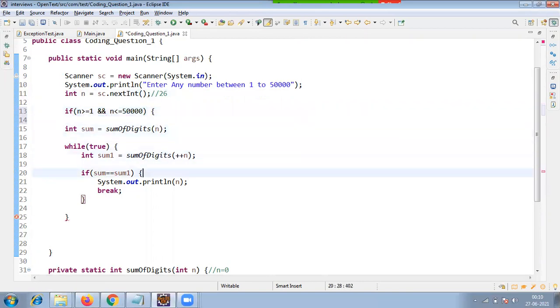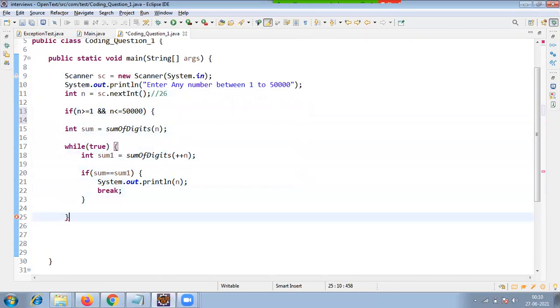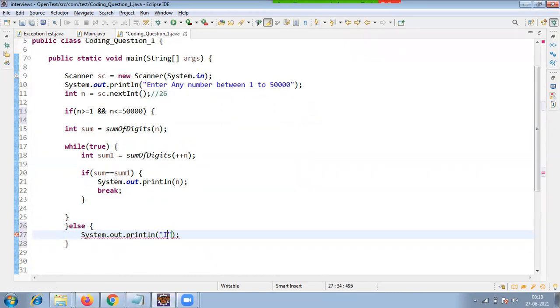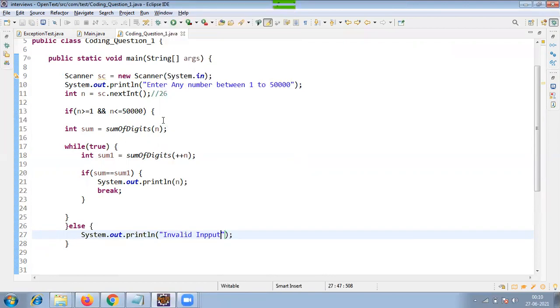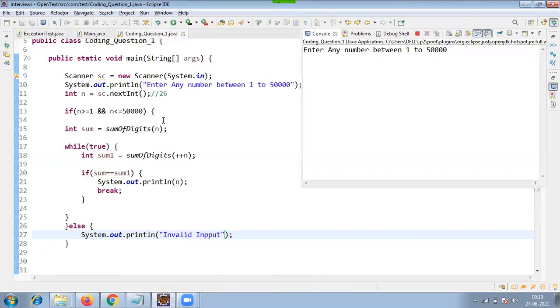So open this, else System.out.println say invalid input or something like that, you can put it, friends. That's it only. So I am just checking whether I'm accepting 1 to 50,000 or not. So I'm giving, say, 55,000: invalid input. Yeah, that's fine. So you can check it, friends.